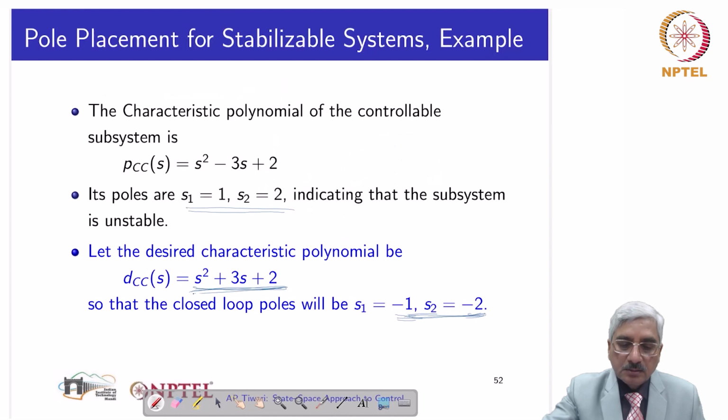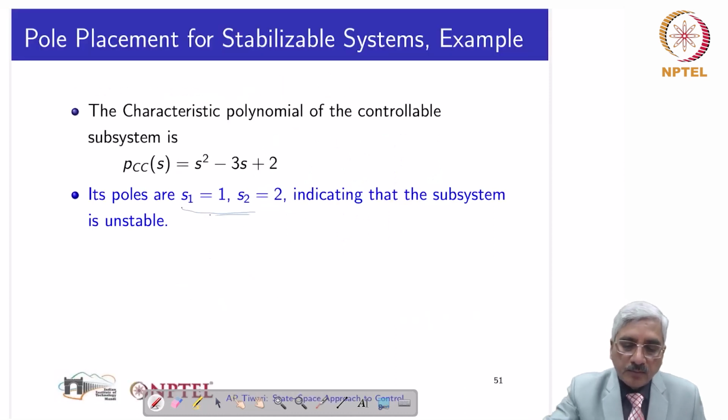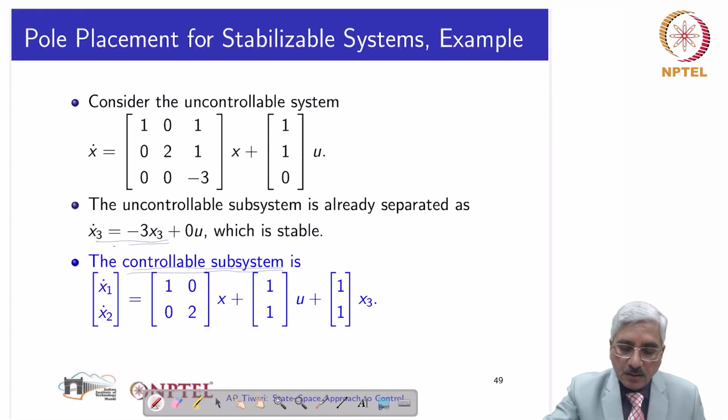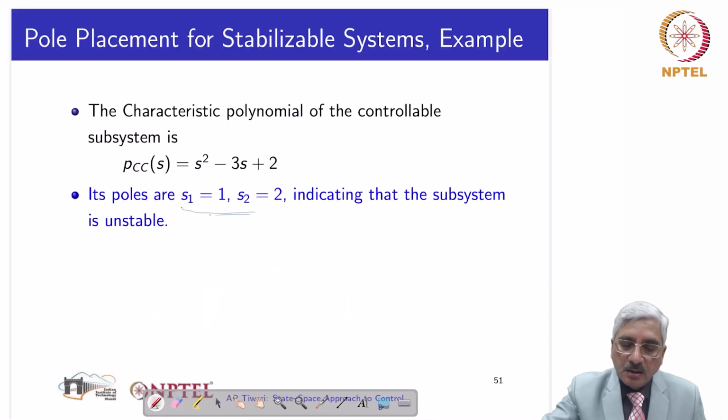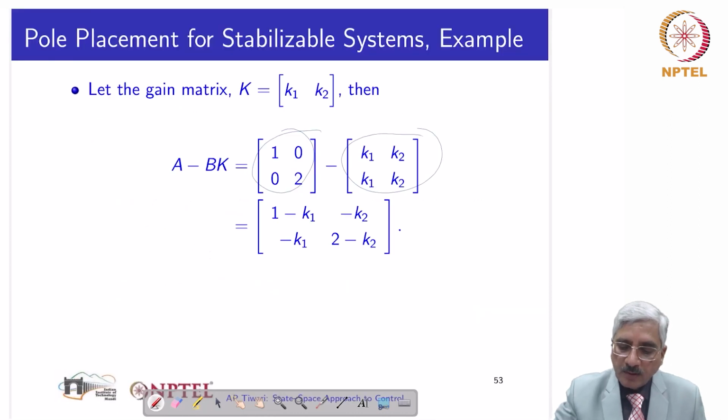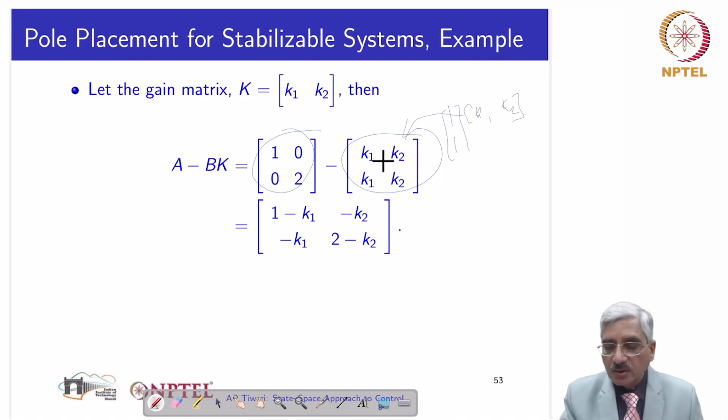B is 1 1 here, so 1 1 into K, K1 K2, that gives this product. So K1 K2 K1 K2, and when subtracted we get this closed loop system matrix corresponding to the controllable subsystem. This will be the A minus BK,